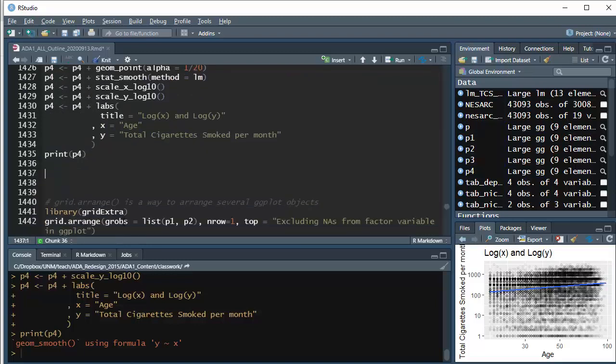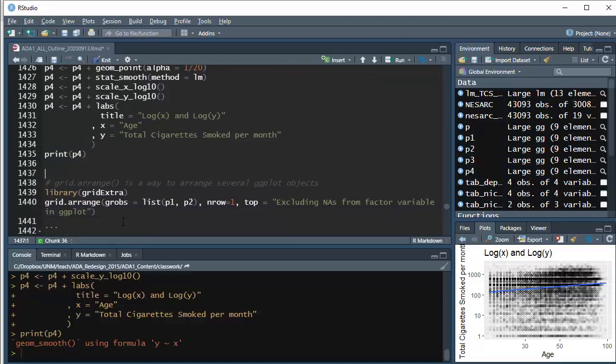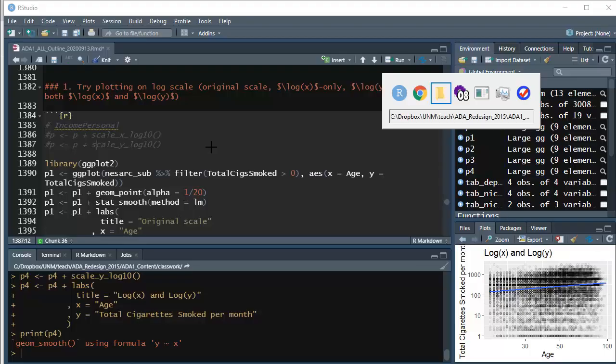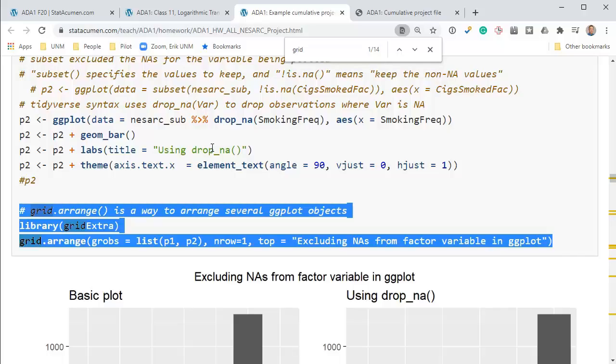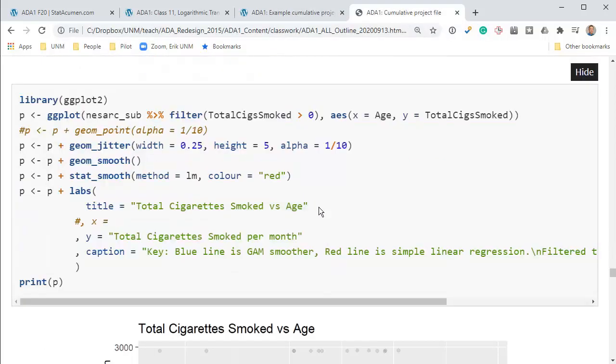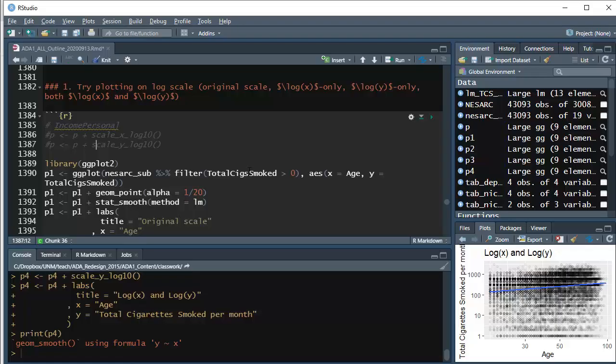Let's put all these parts of the plot together using the grid extra. So we've got plots P1, P2, P3, P4. We'll do 2 rows, and let's put a title, why not? What was the title of the original plot? Let's go back to here we go. Total cigarettes smoked versus age. So what we'll do,